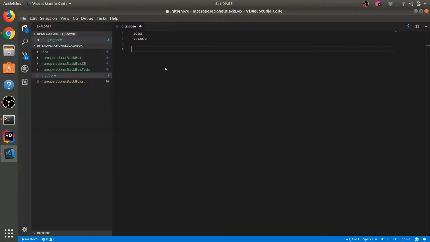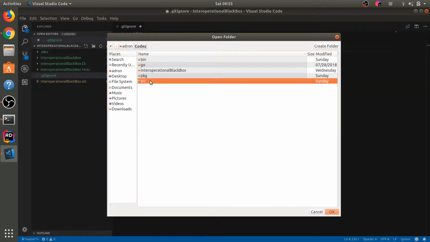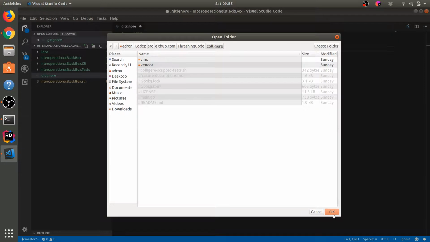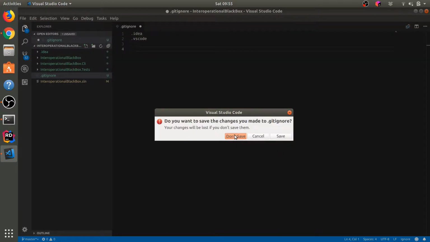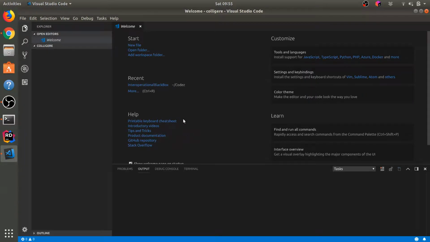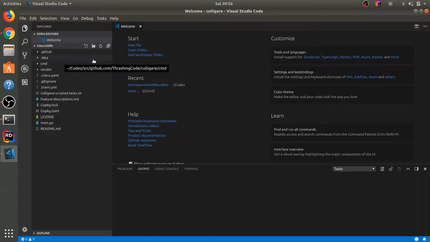Let's open this folder. Is this the one? Code source? Yep, this is where I want to be. Colligere open. No, don't save. I'm not worried about that project right now. Alright, so